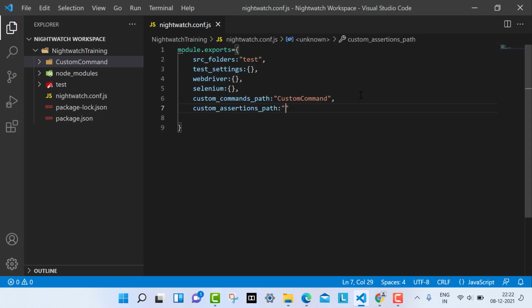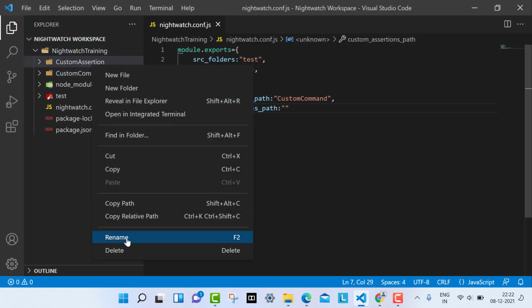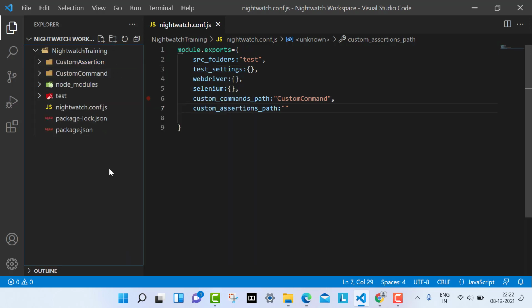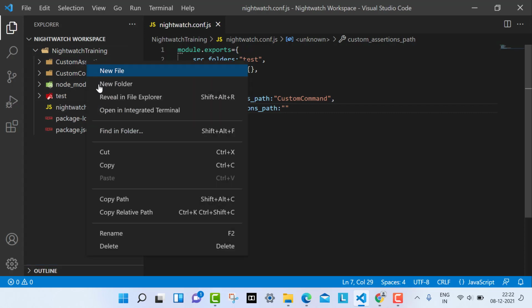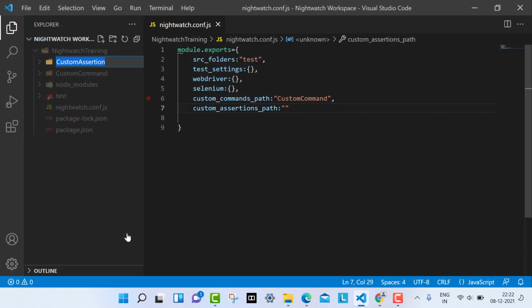What you have to do is create a folder called custom assertion, and just keep the path here.